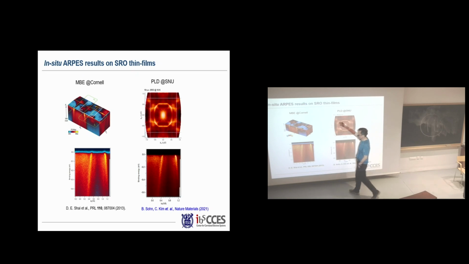So this is data from Cornell, measured about 10 years ago, where they grew the film using oxide MBE, and they have a beautiful dispersion curve and Fermi surfaces. This is the film that is grown by PLD. In the beginning, many people said that with PLD, you cannot make it work with ARPES. But we realized that we have very similar, beautiful dispersion curves, and our Fermi surface looks even better. So nowadays we can do this kind of experiment.